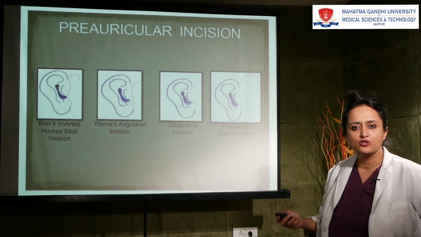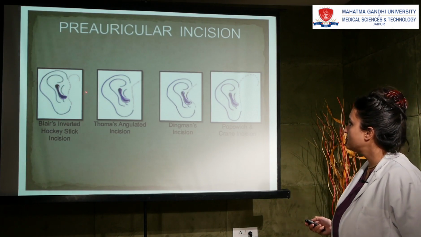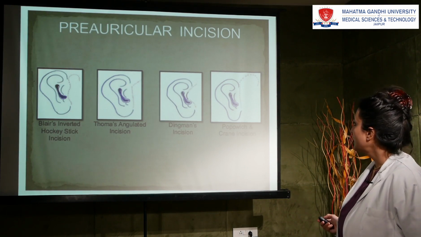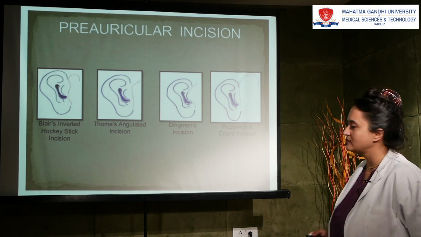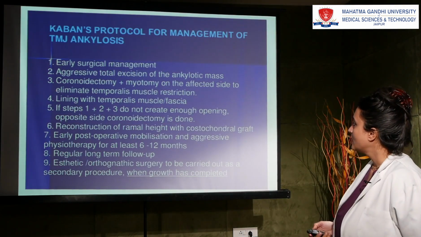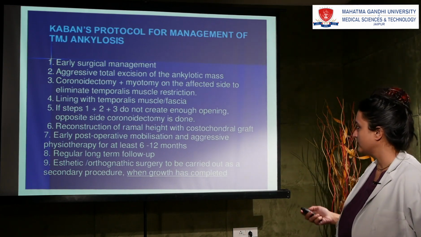Now there are various approaches to the temporomandibular joint. The few are the Blair's inverted hockey stick incision, Thoma's angulated incision, Dingman's incision, Popovich's incision, and also we use Alkayat-Bramley's incision. Now what is Caban's protocol? Caban's protocol, first point: